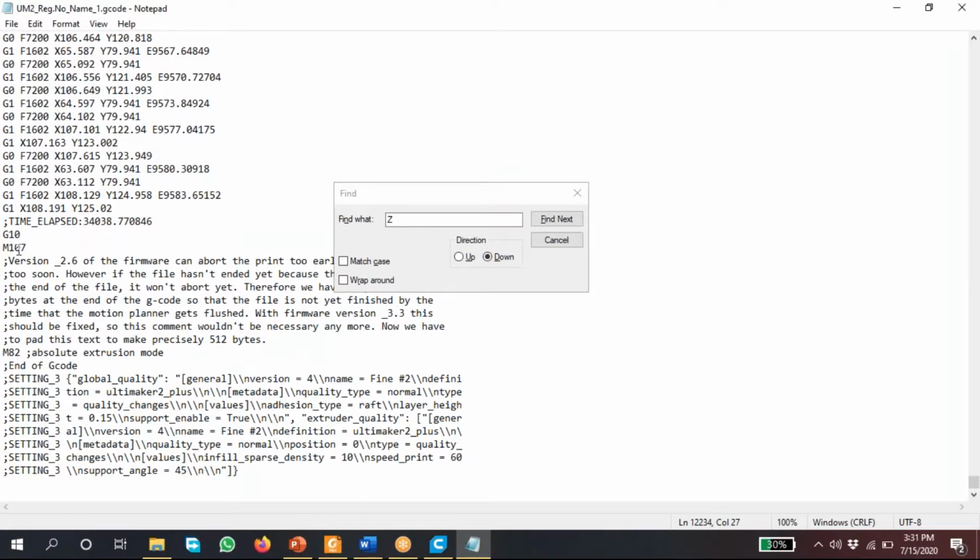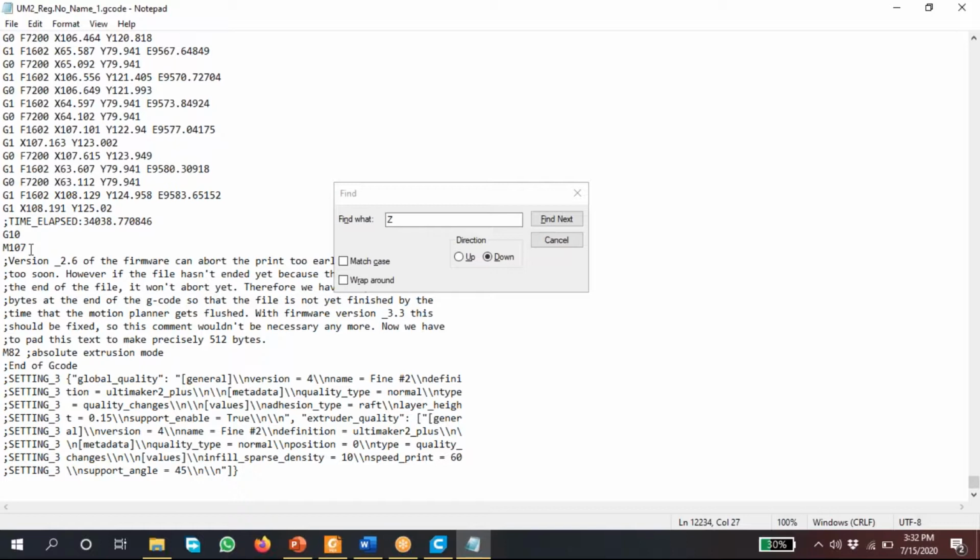Here you can see M104 indicates the temperature, the build temperature. M107 indicates resetting the temperature to room temperature. In the initial part also it is there. From room temperature we increase to the build temperature we have given. It depends on the material only. Sir, where do we set the nozzle temperature? That's what I'm saying, it depends on the material. They have defined it already, by default.